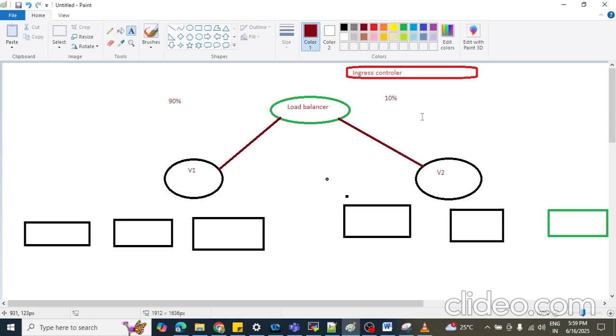And what will the ingress controller do? The ingress controller reads both of the ingress resources, version v1 and version v2, and it will tell the load balancer to deploy the canary strategy as per the annotation. Which means it will forward 90% of traffic to version v1 and 10% of traffic to version v2.